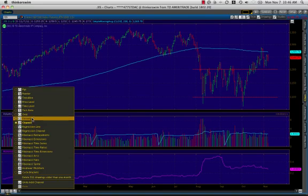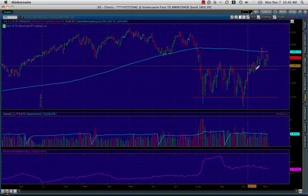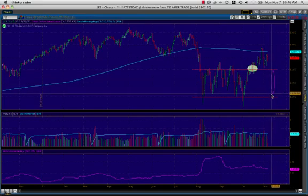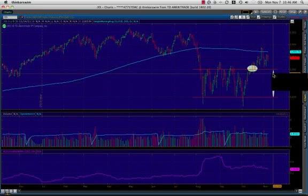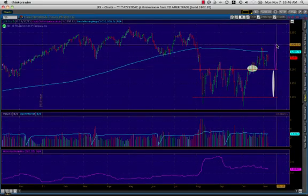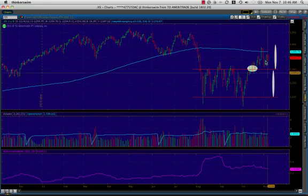We recently broke above that 1200 level, and in this case you look at this consolidation resistance breakout as a bullish consolidation breakout. You measure that upside potential move by adding the height of this consolidation pattern, which in this case is 100 points, to the 1200 resistance break, and your expected move is 1300. Now we pretty much already hit that 1300 point move, and it's pulled back off of this 200-day simple